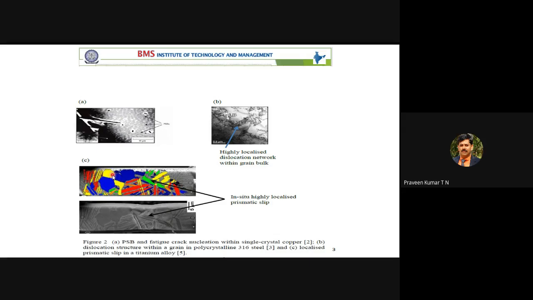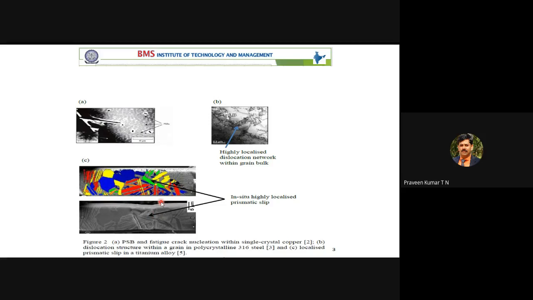This is a schematic sketch. You can understand yellow is one grain or one phase. This color is one more phase. Reddish is one more phase. This is the actual photograph. This size is 5 micron. Your micro crack will propagate. The crack will originate here and it will propagate, and finally it is a localized crack. This crack is not there throughout the material.